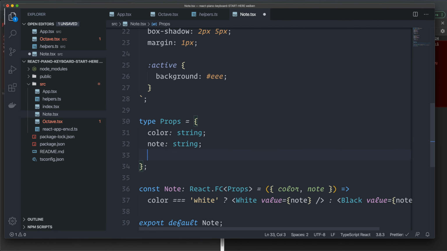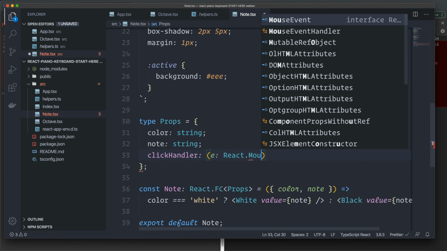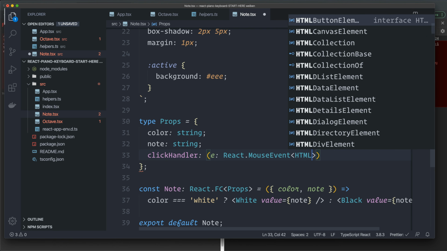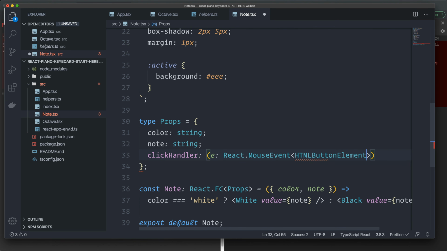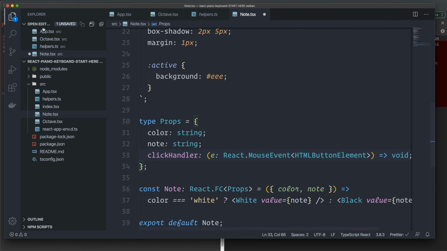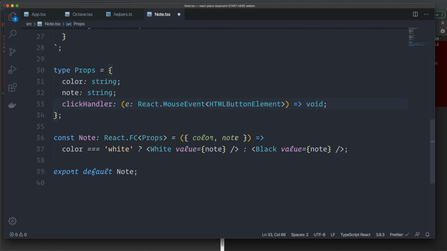And yet again, we specify our click handler prop. And we know the type of this function. So it's the React.MouseEvent. We have the angle brackets, and it's an HTMLButtonElement. And we return nothing. So we set that one to void. Okay, so I think that's enough practice in click handler types in TypeScript for this tutorial. All right, then with the structure of this one here, the click handler,